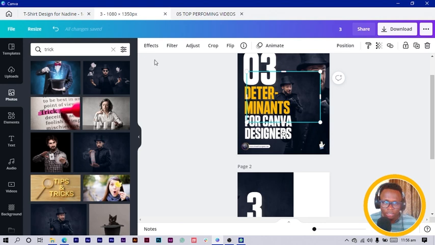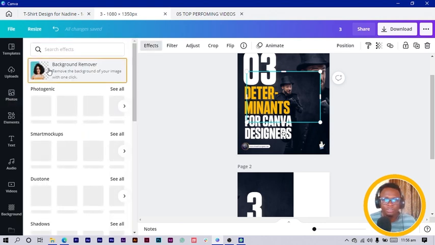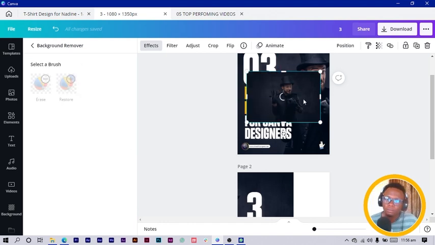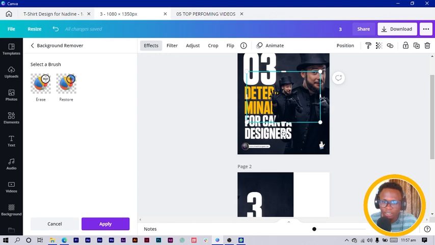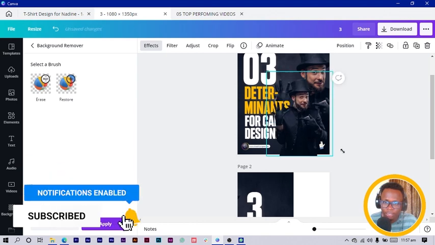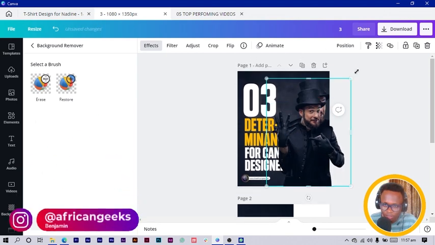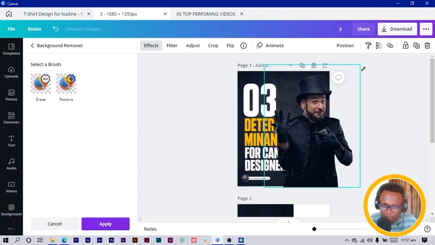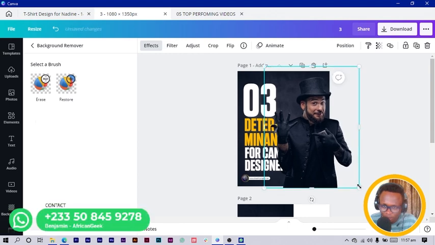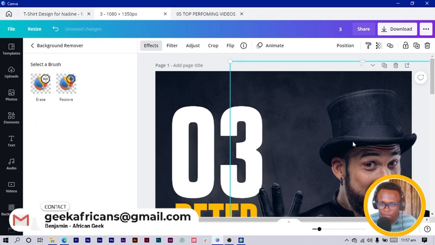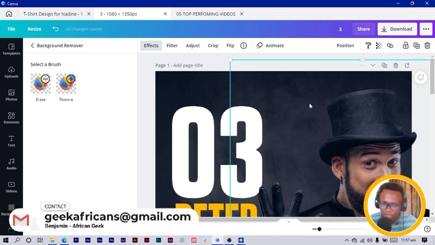I add my photo again, and I come to effect, and I would remove the background, so it would load. It will take some time to load. Okay, now it's done. So I would crop, and I would increase the size, okay. So the main idea is to just add some sort of special effect. So I increase the size, okay, and it needs to be close to perfect, okay. So I would use my arrow key to now shape these things,